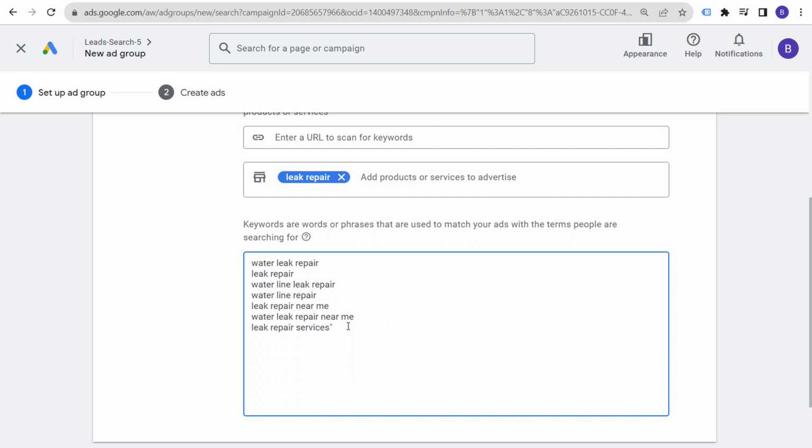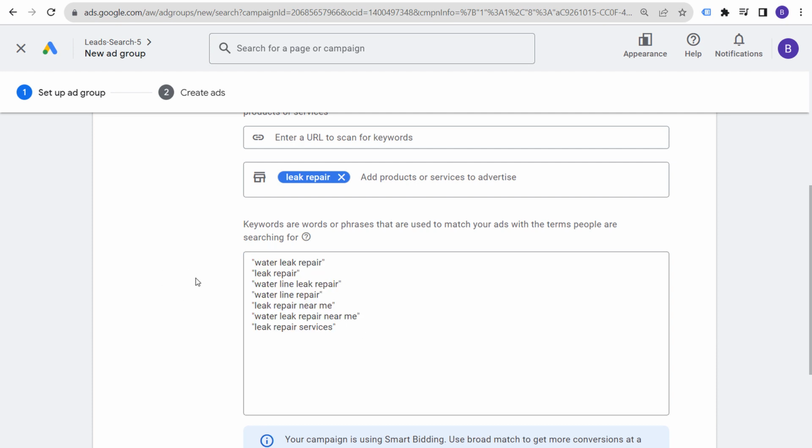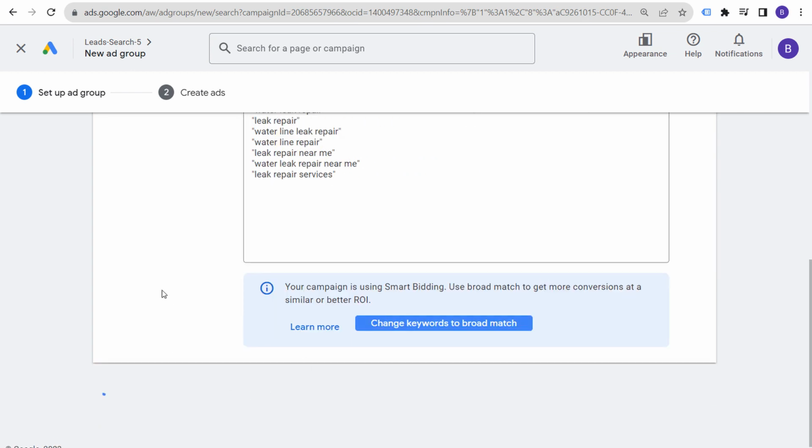And then you want to put quotes around all these keywords to make them phrase match. You can change this after too. You could always change the match types of your keywords. I recommend phrase match because broad match is going to lead to some irrelevant searches. Exact match may be a little bit too exact, but you could also use exact match keywords as well. With phrase match, it's going to match all of these different keywords and anything that is very similar. So we have all of these keywords now. We're going to scroll to the bottom, save and continue, and now it's going to tell us to create our